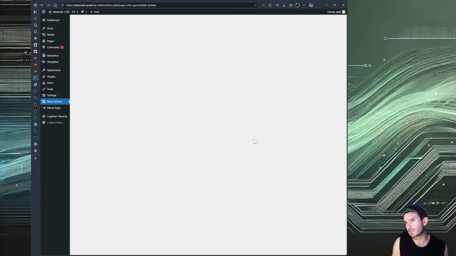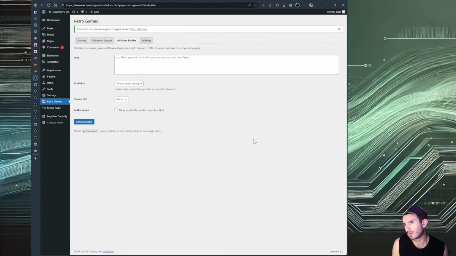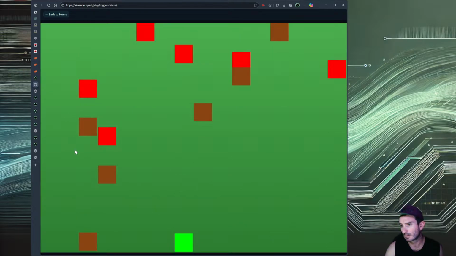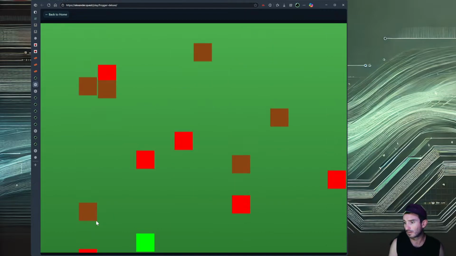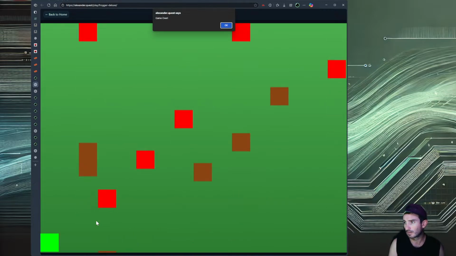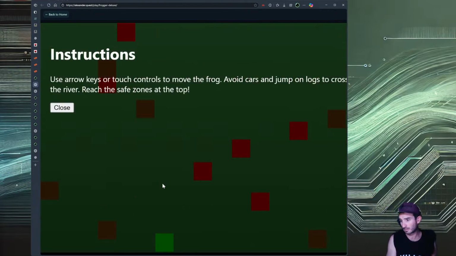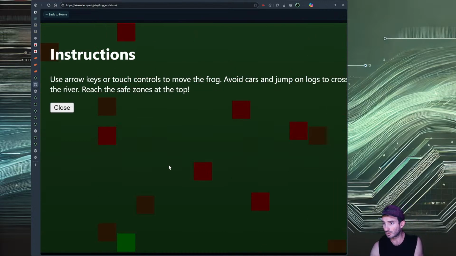It's cool that it saved the... Use the arrow keys or touch controls to move the frog.